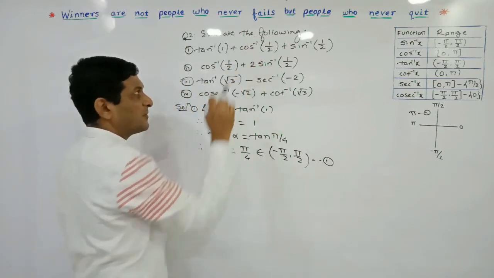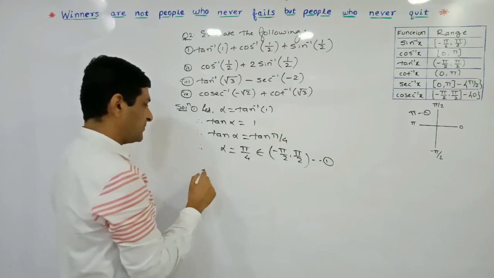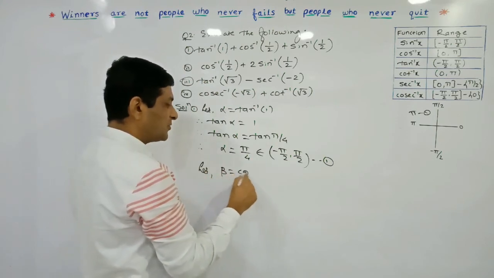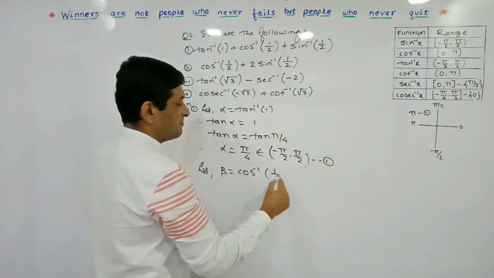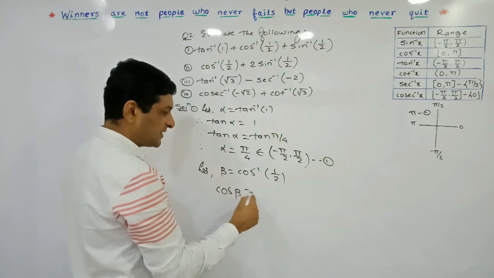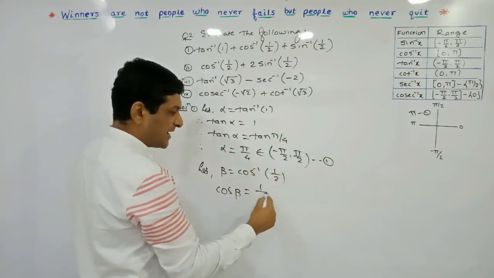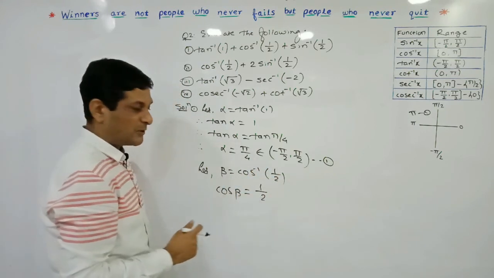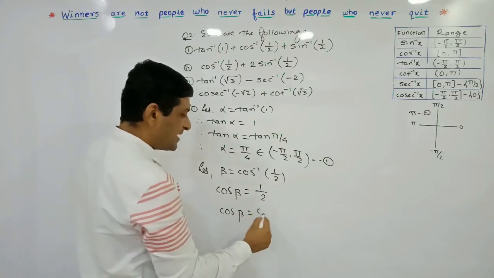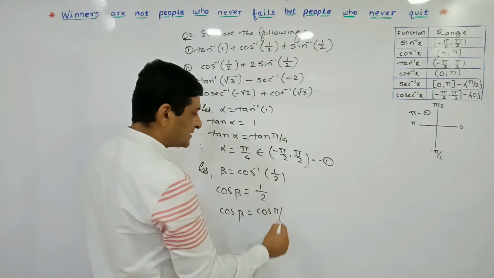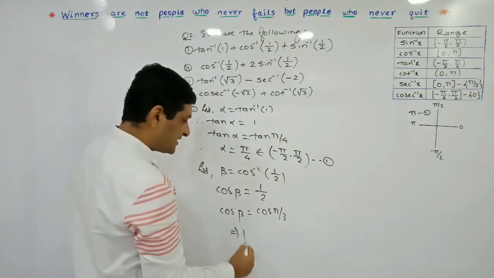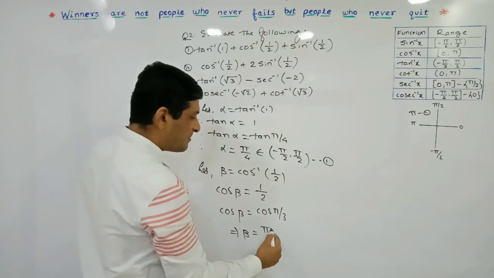What is the second required value? Cos inverse of 1 by 2. So here let beta is equal to cos inverse of 1 by 2. Taking cos on both sides, on this side we will get cos beta, and on the other side the remaining part is 1 by 2. So cos beta is 1 by 2, which is the value of cos 60 degree, meaning pi by 3. Comparing both sides, we can say that beta is equal to pi by 3,